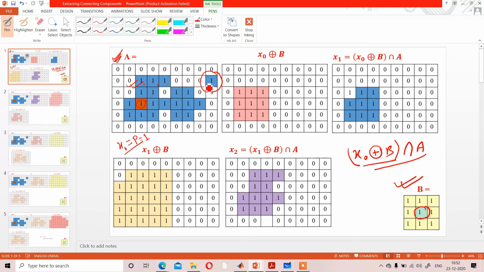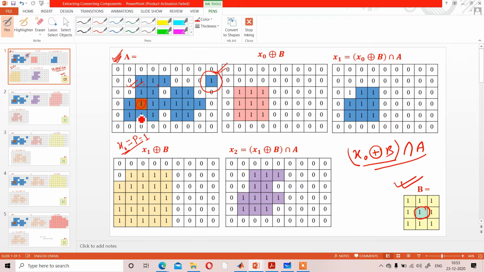That other pixel will not be here, because the final result shows you the connected component of that pixel x0. If we consider any pixel from that region as x naught, the final result will show you only that region, because in that region the connected component of 1 is only that value. Clear? Now how it is happening, just take it.